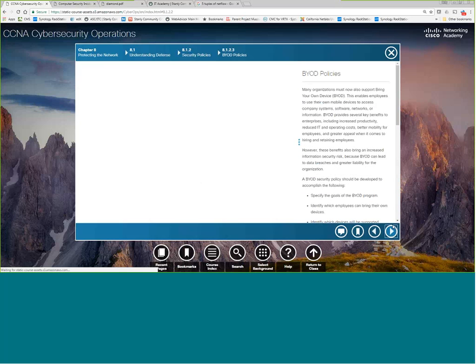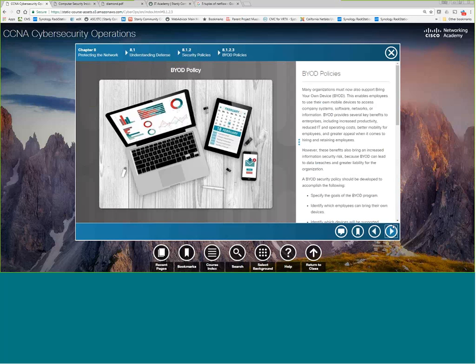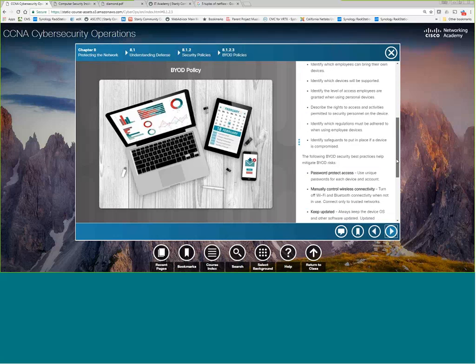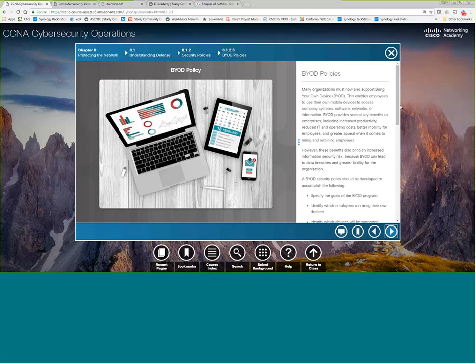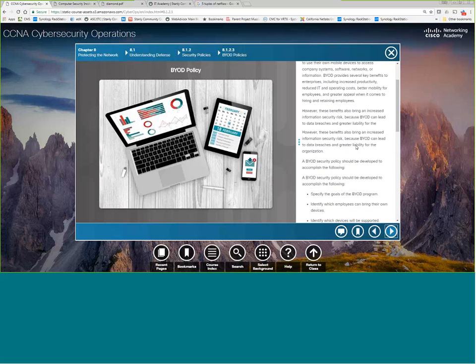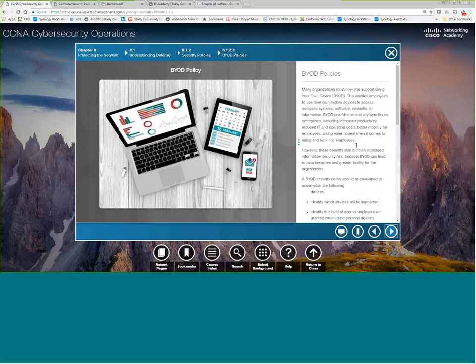BYOD, you know, everybody's phone's brought, everybody's tablet. What is it going to connect to? What is it going to be able to do? For a very long time, I would not put my work email on my own personal phone, because when you installed it and you connected, you had to give the IT department permission to wipe your phone remotely if they wanted to, if they needed to.